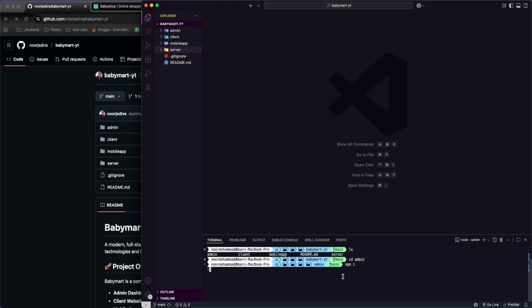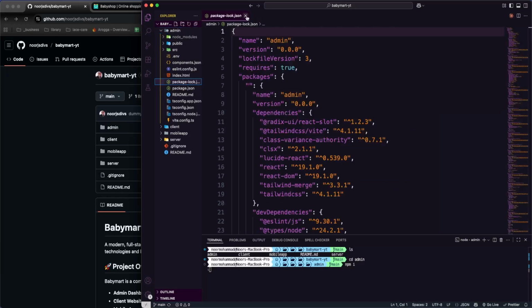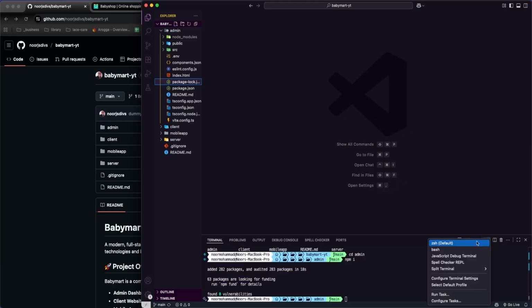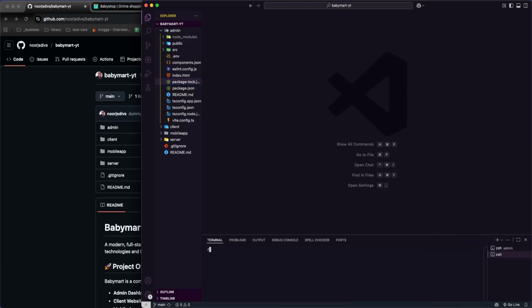You can use either pnpm or bun or yarn, it doesn't matter. If you're using anything other than npm, just remove that package-lock.json file and then install everything. That will be perfectly fine. And if you want to clone it and make it your own, you can just run a simple command, rm -rf .git. That removes the git credentials from there, and then you can push it to your own GitHub repository. And let's cd into client, and also run npm i to install everything,